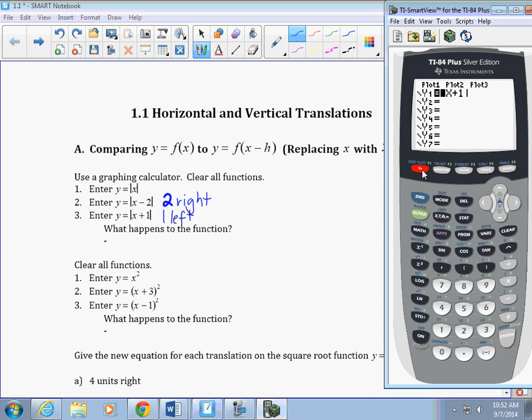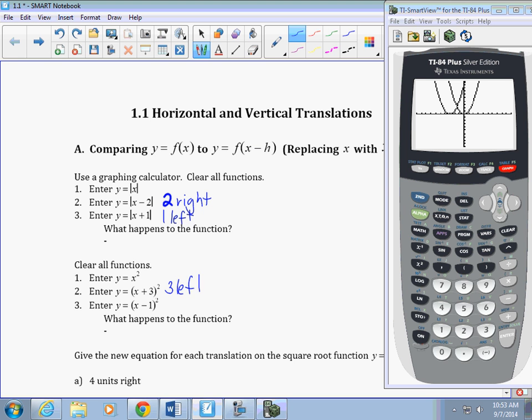Okay, so now let's try it for y is equal to x squared. If I graph it, I'll get my parabola going through the origin. If I change that to y is equal to x plus 3 squared, and I'm going to do that on the next one here just so that we can see more of a comparison. So y is equal to, in bracket, x plus 3, all squared. If I graph it, it's moved over 3 to the left. And if I do x minus 1 all squared,